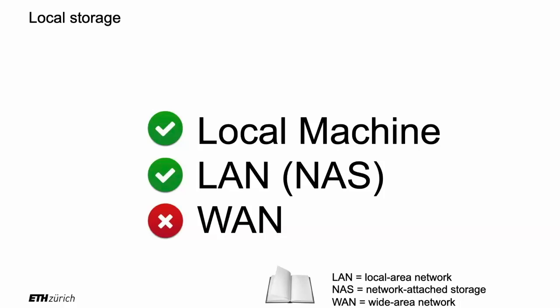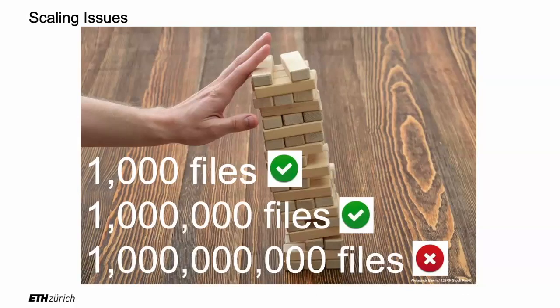What we call WAN is a wide area network, like ETH's network. All the Wi-Fi at the whole of ETH, that would be called WAN, right? A wide area network. Try to put the data on a disk, connect it at ETH, and tell the whole of ETH to access your disk. This is going to kill the disk. There is no way you can have thousands of people just accessing this one disk at the same time. So we have a problem.